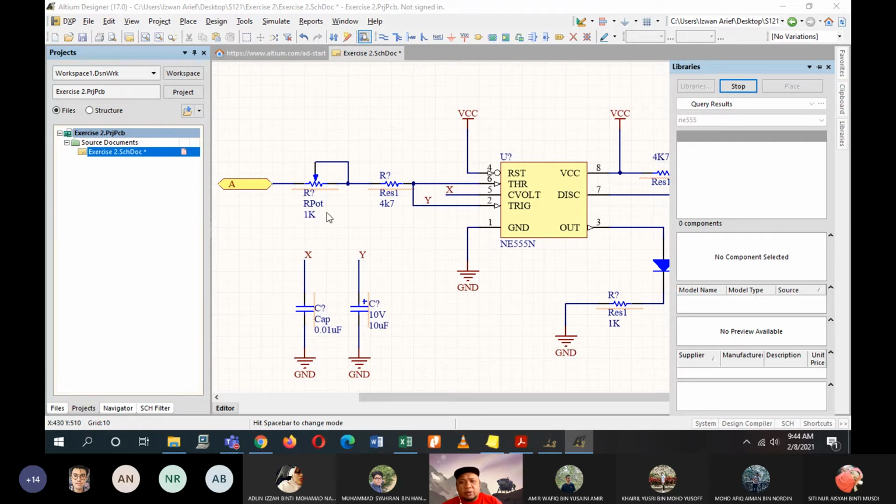Guys, just a moment regarding the NE555. There are many companies, but it's okay, I will try to show you how to find it. But it is slowing my laptop down, so I'll just stop. During this time I wanted to tell you all that when you're done, I'll show how to find the NE555. NE555 is a timer circuit. There are a lot of companies whose component libraries you can use. You can search here, but it's slow, my laptop is old.